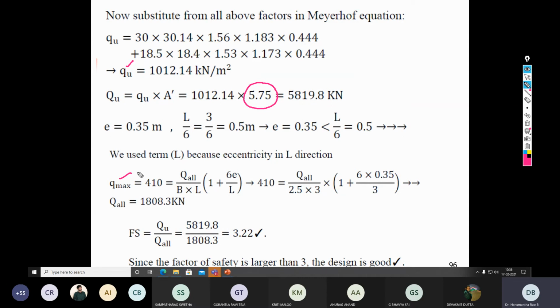So then in that case, sir, but we don't do load by load, na, sir. We do stress by stress like that. Correct. You can do stress by stress or load by load. But the stress by stress is valid if you don't have a change in the base area.